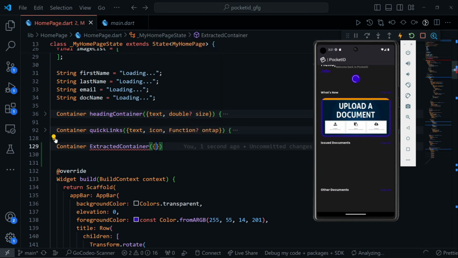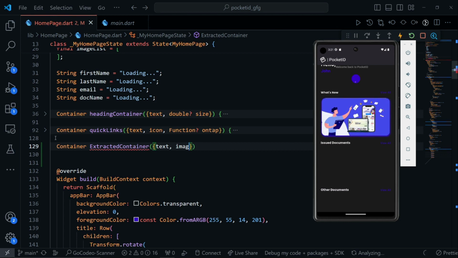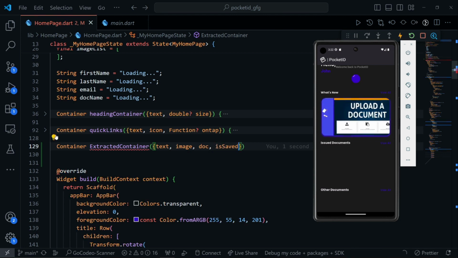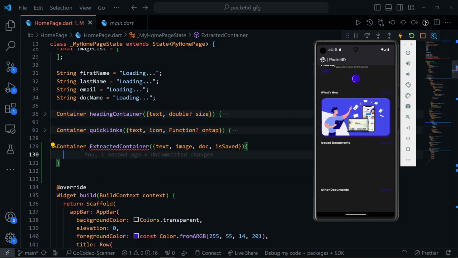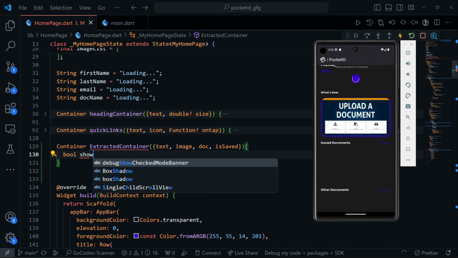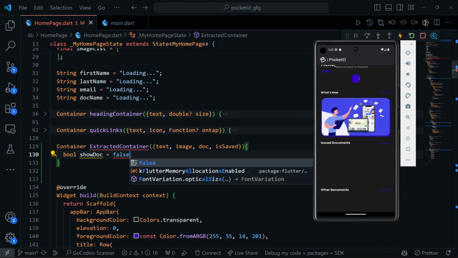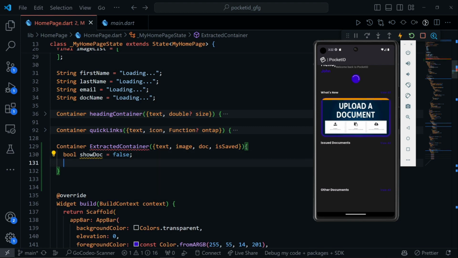So inside the extracted container, we are going to ask for the text, then image, then docs, and then what is saved. Okay, so let's keep all these things inside of it. Okay, and after this we are going to ask for bool showDoc equals false. Okay, so the default value will be false here. Okay, now what we are going to return is a container here,